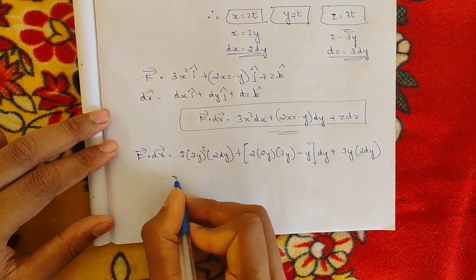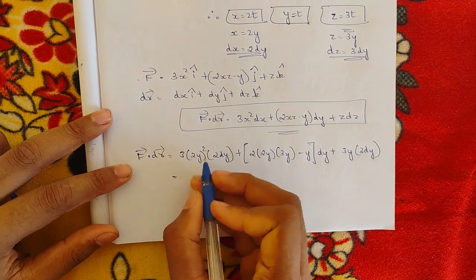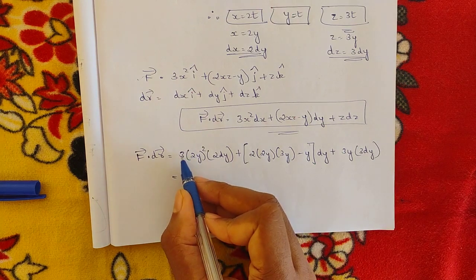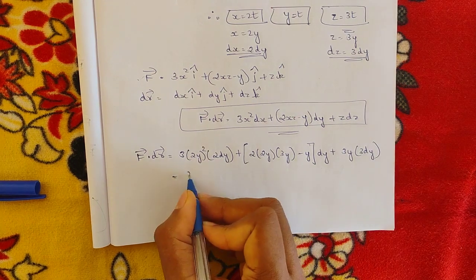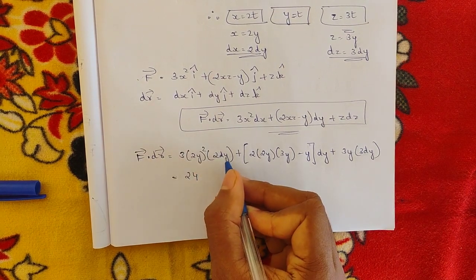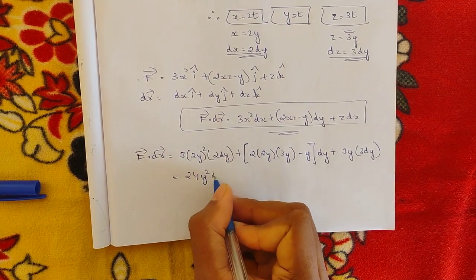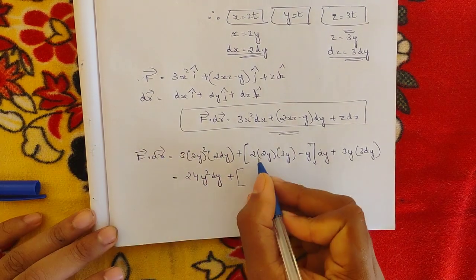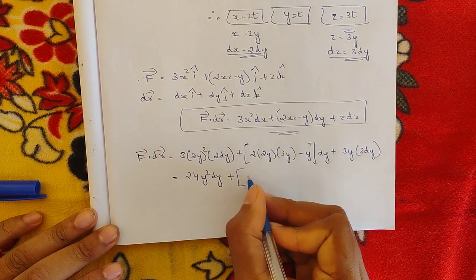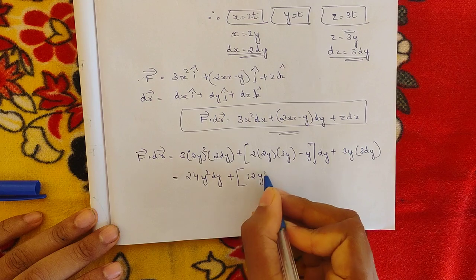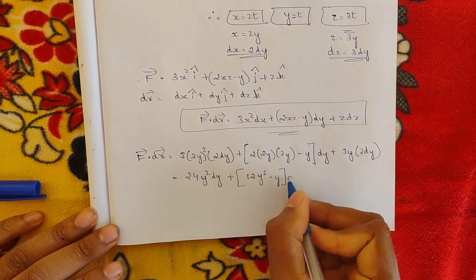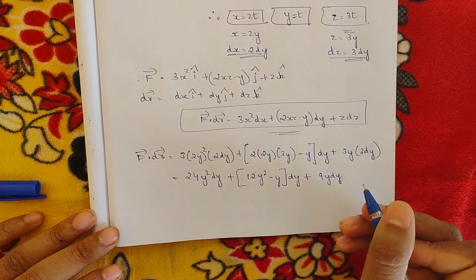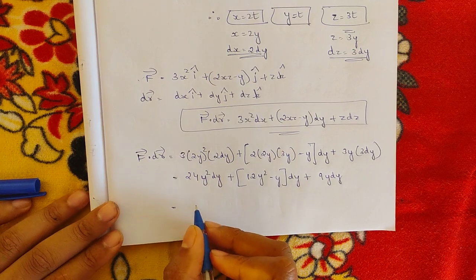Now just simplify this part, that is (2y) the whole square, which is equal to 4y², right? So 4 into 3 is 12 and 12 into 2 is 24, and here we have y² and here we have dy, okay? So 24y² dy plus 2 into 2, 4 into 3, 12y² minus y into dy, plus 9y dy, right? So if you solve this, you would be getting